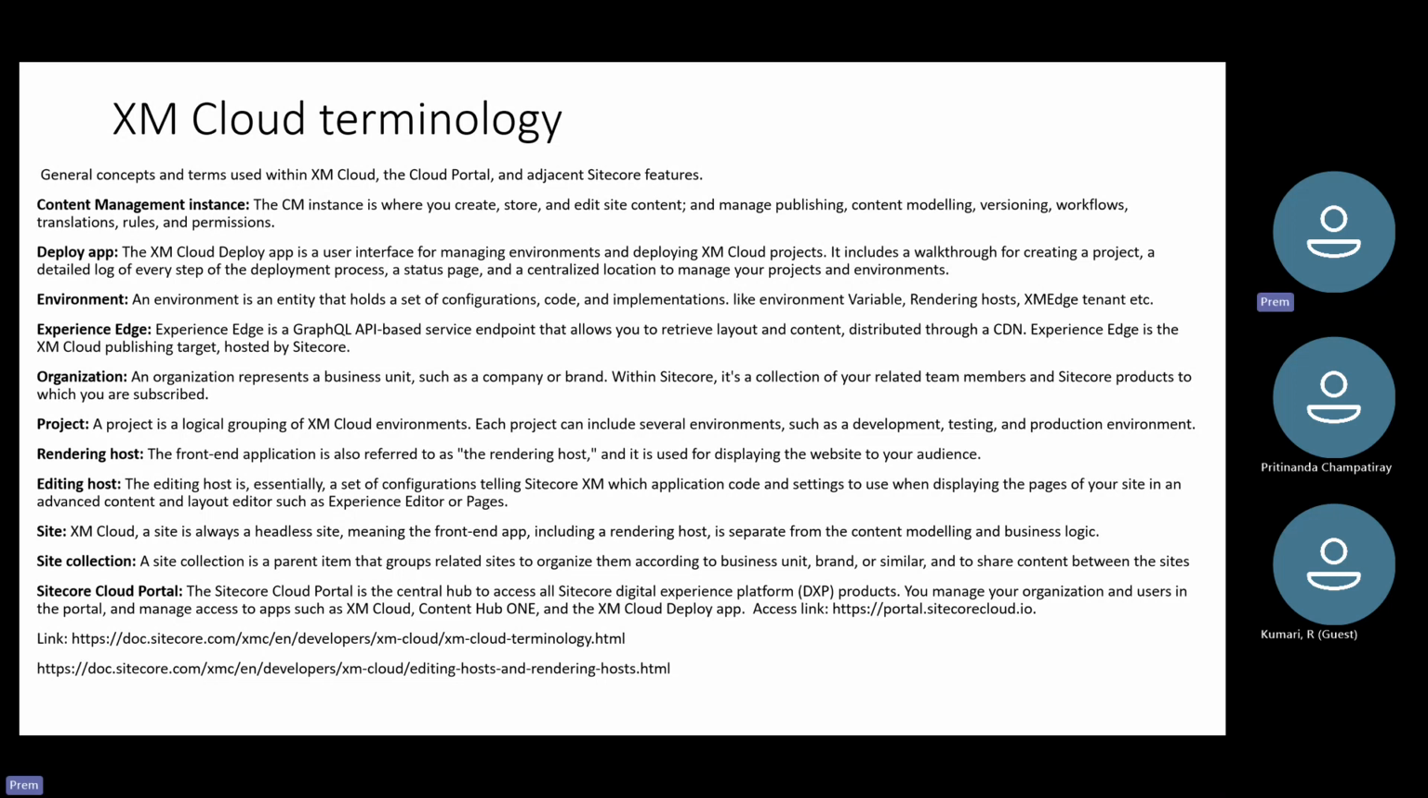Project, the XM Cloud project, you can understand like this: a project is a logical group of XM Cloud environments. We can create a project that can contain a website, maybe multiple websites like that. Okay. Next,